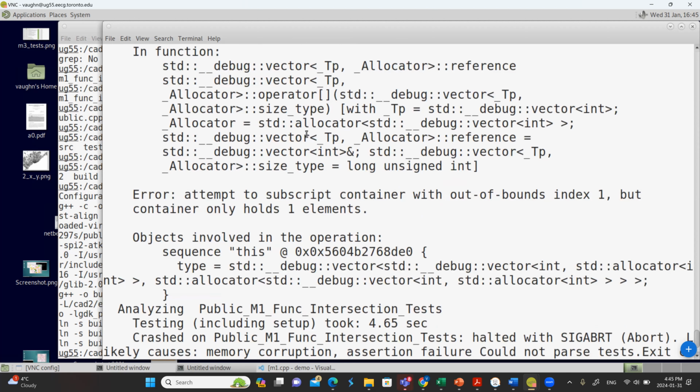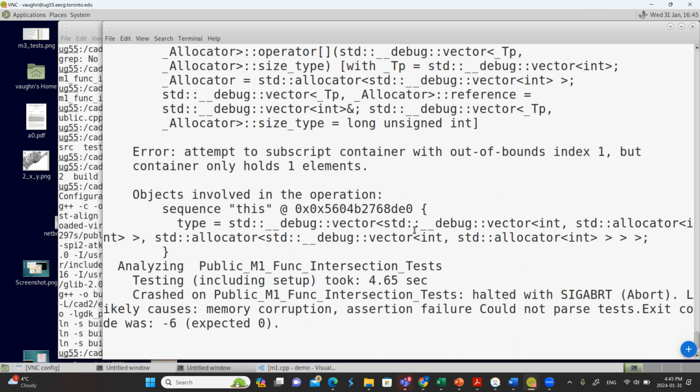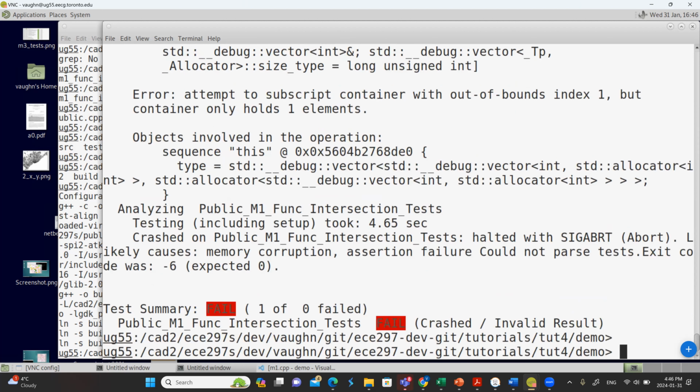So, it tells me the memory address of this, which I'm not going to do much with, right? Because I don't know where this is in memory. It also gives me a little more information. It basically says the program's been aborted, likely due to memory corruption, and an unhandled exception. Okay, so the program's dead. So that gives me some useful information.